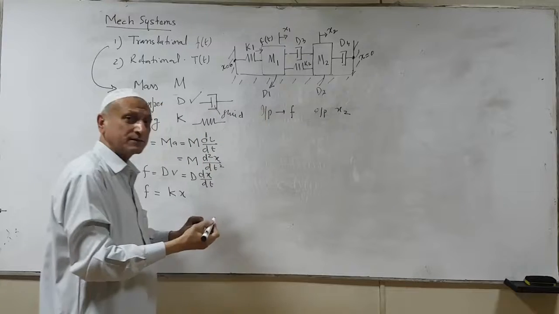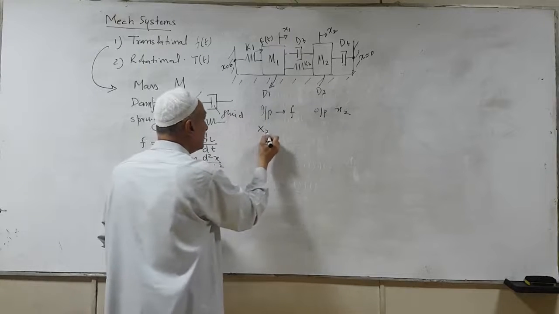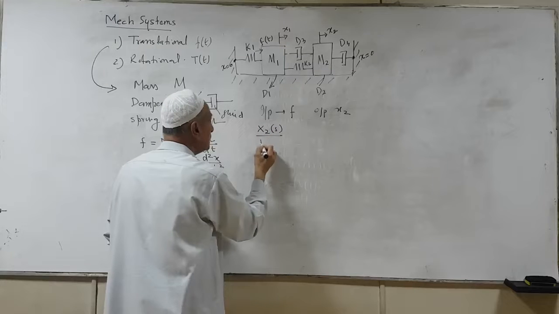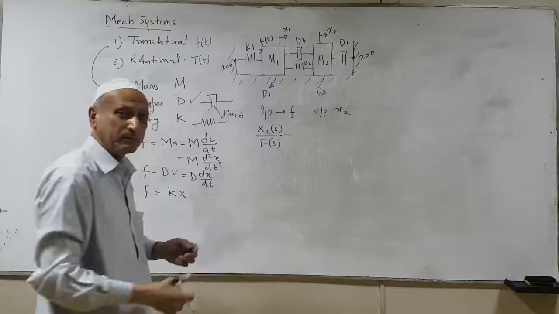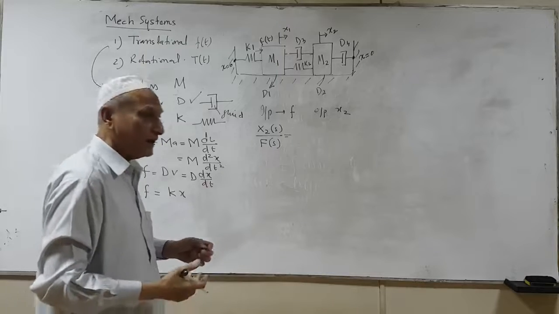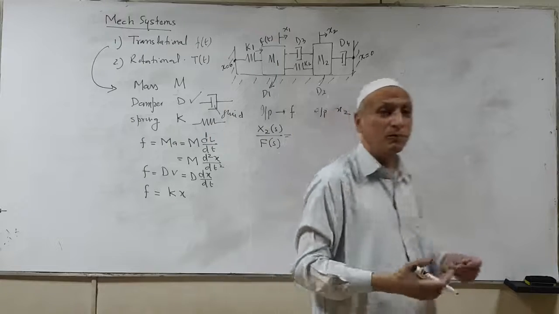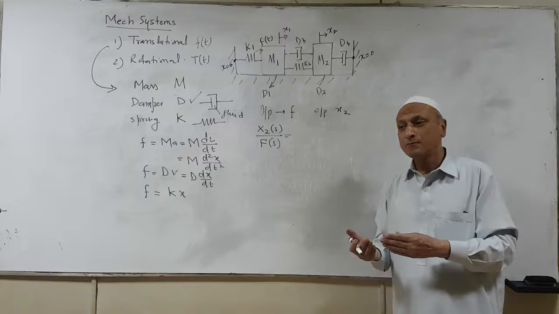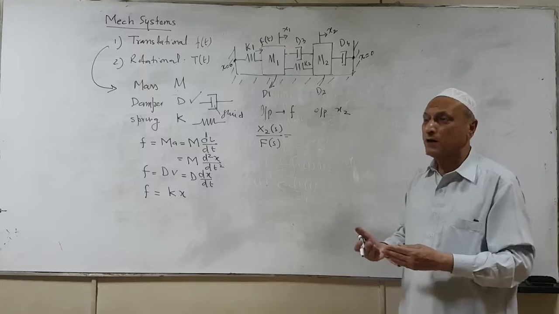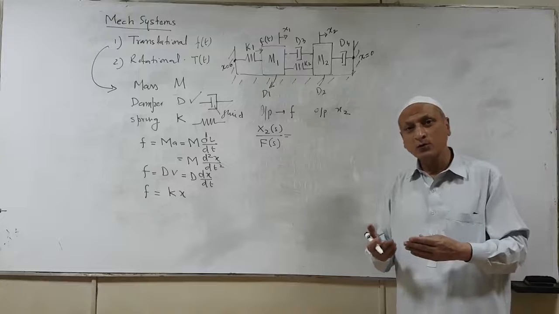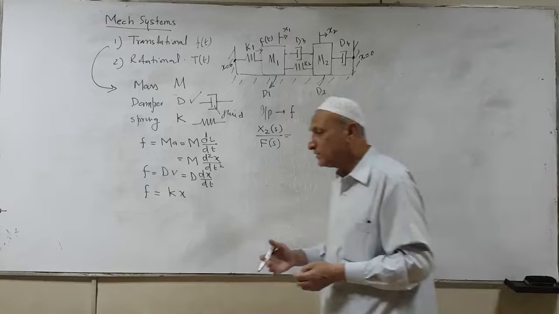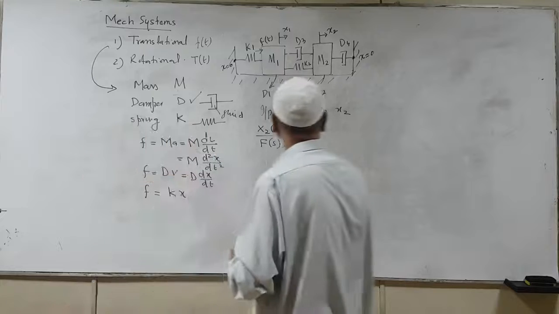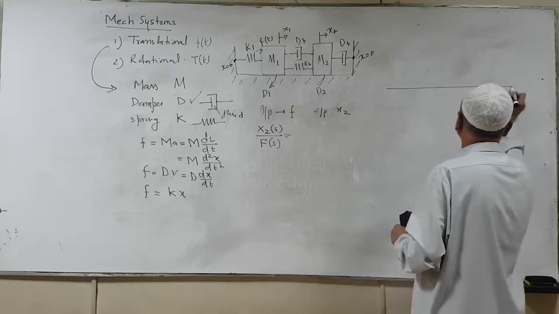Now in order to get the transfer function, it should be of the form x2 divided by F(s). So anything on the other side will become the transfer function. Now in order to do that, we need to form a mechanical network on which we can simply apply the rules of electrical circuits, that is KVL and KCL. Now in order to do that, what we have to do is to draw a line which is our reference.